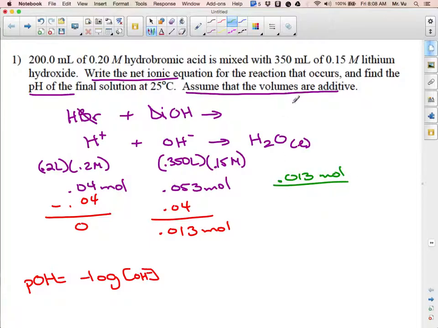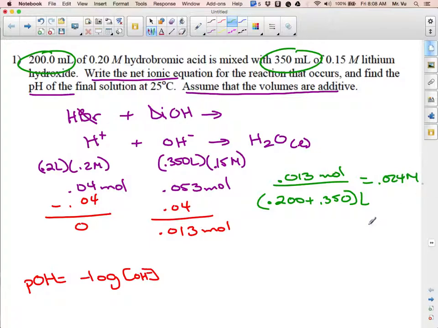Now remember, the volume is additive, which means I have 200 milliliters and 350 milliliters. That's basically 0.200 plus 0.350 liters. And when I do that math, I should have 0.024